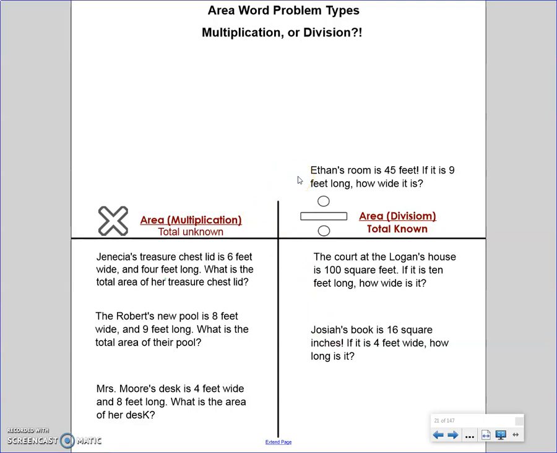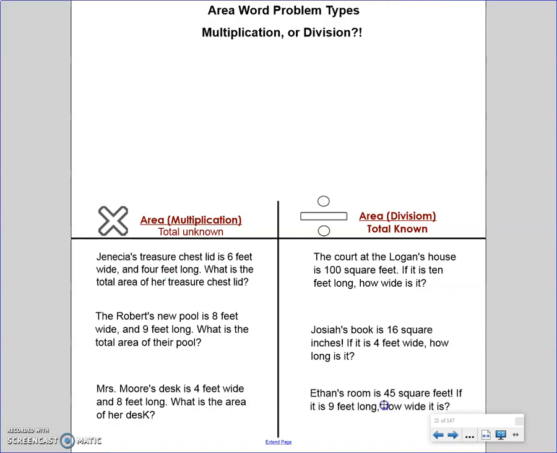Ethan's bedroom is 45 feet. Ooh, I'm noticing a mistake. 45 square feet. Ethan's room is 45 square feet. If it is 9 feet long, how wide is it? I respectfully agree. Since we know the total area and we're trying to find the width, this is also an